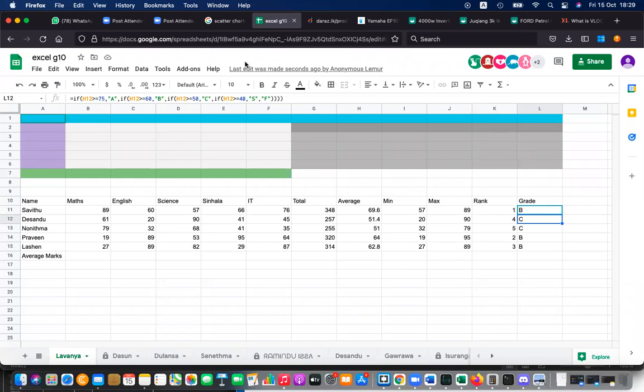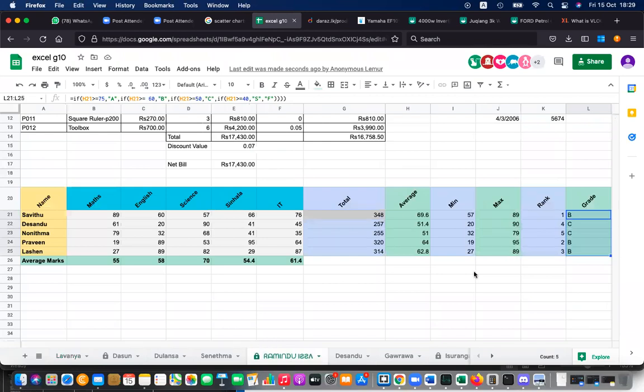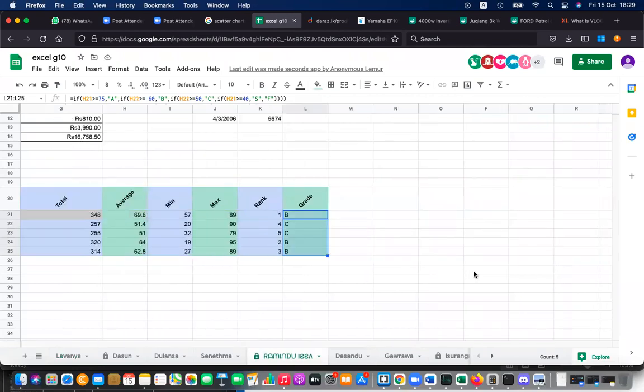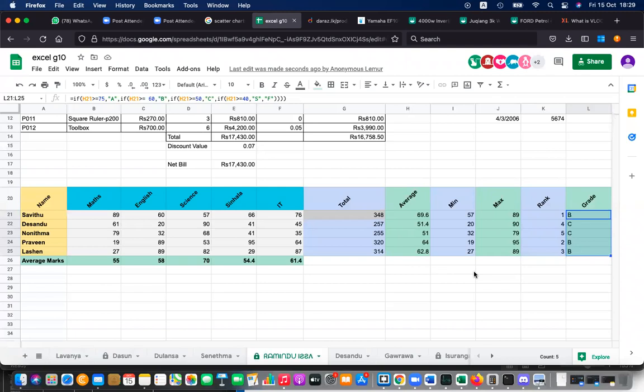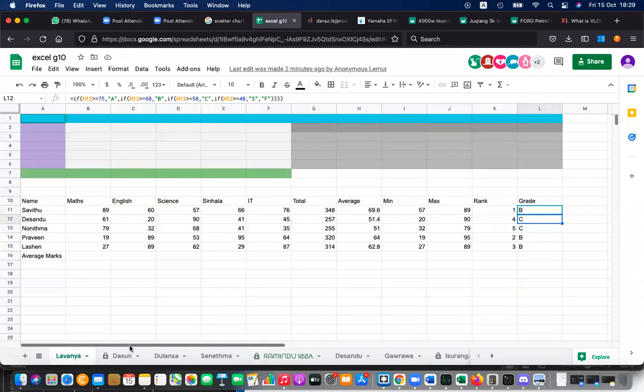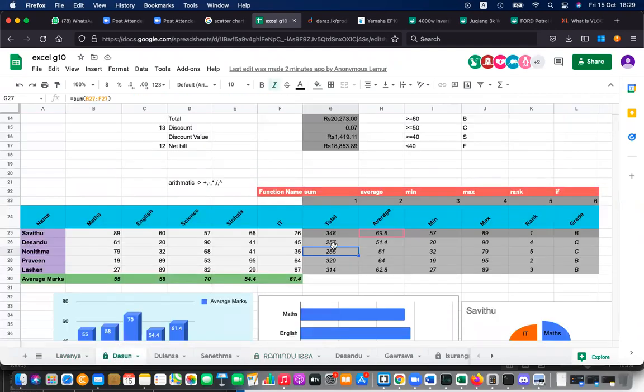Okay, Chanula has done that. Himasha says she can do that. Yes, Chanula has done that, so it's good. Kasun said okay, can do as homework. Lavanya has done that. Ramidu? Yeah, Ramidu has done that. Okay, then let's go to the chart section.